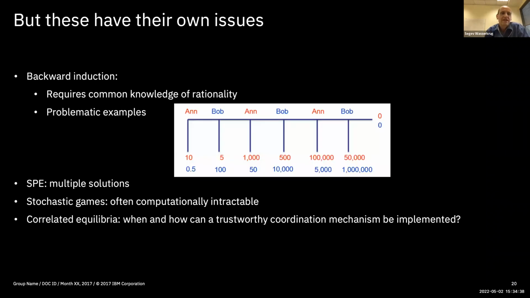For example, there's the centipede example, which is problematic and counterintuitive. This is not what people do in practice, and if I'm making prescriptive decisions, it seems somehow wrong to tell Anne, yes, in the first round you should always go down and get 10, when you can go get much higher later on. It also requires common knowledge of rationality, again going to this notion of common knowledge.